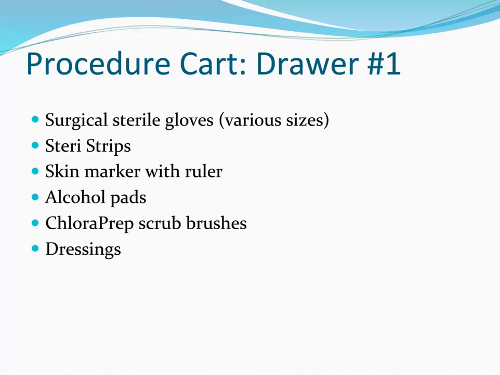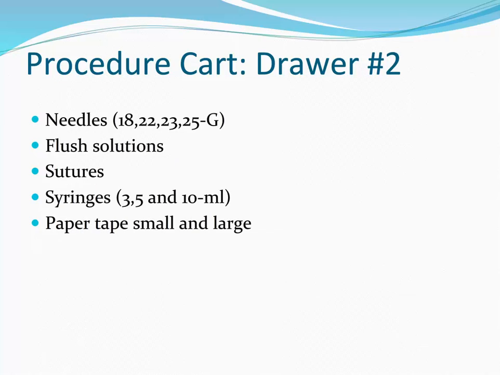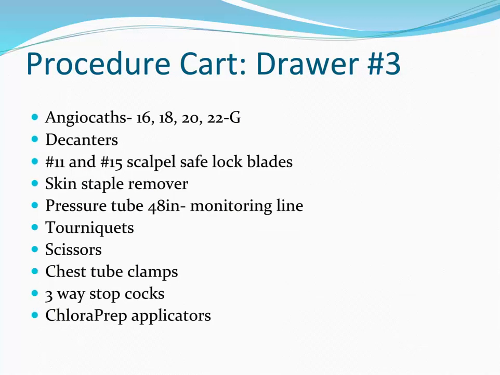Drawer 1. The main items here are gloves, Steri-Strips, skin marker, alcohol pads, chlorhexidine scrub, and dressing materials. Drawer number 2 has various needle sizes, flush solutions, sutures, syringes, and tape. Drawer number 3 has various angiocath sizes, decanter, scalpel, staple remover, pressure tubing line,